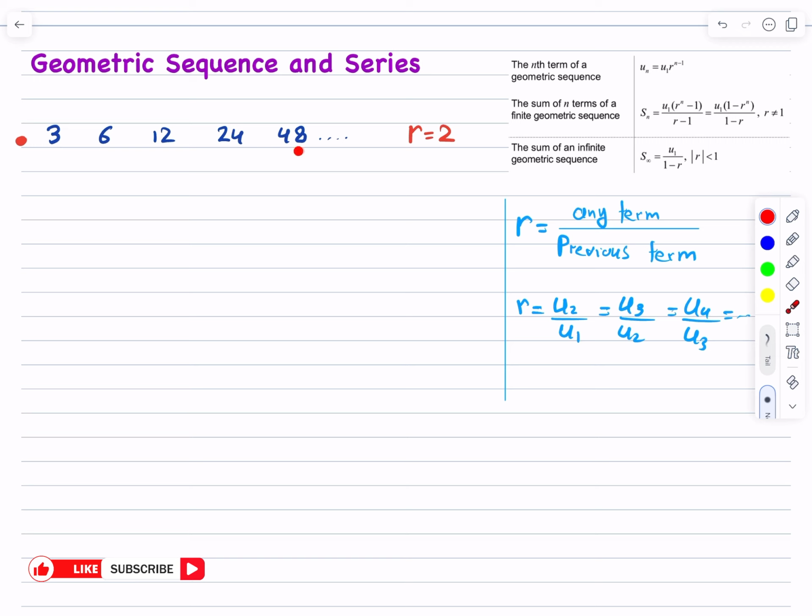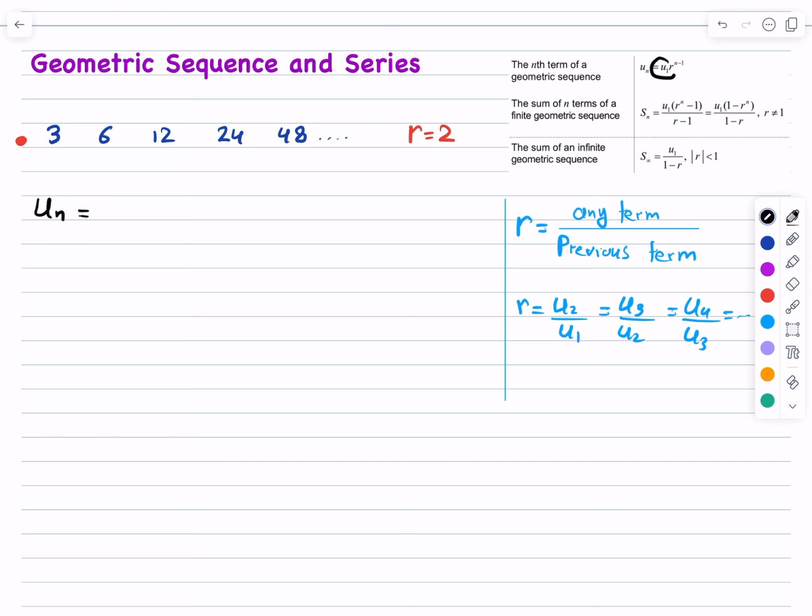Now we will focus on this geometric sequence. Here, as we said before, the common ratio R is equal to 2. We will solve some common questions on geometric sequences that we might encounter in exams. So the first question would be like this here. We need to find the nth term or the general term of a geometric sequence, which is given by this formula here. So in this example, if we need to find the nth term, un, it would be